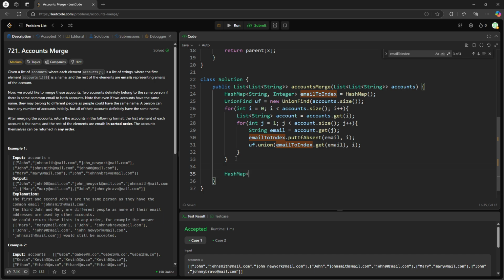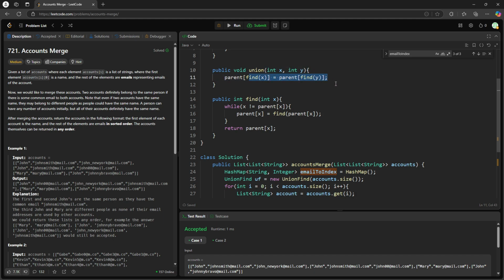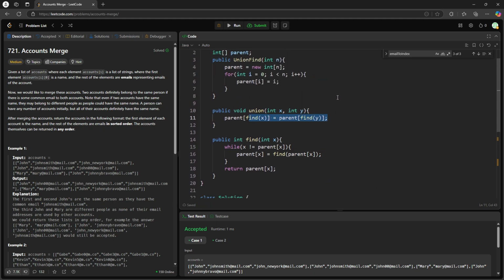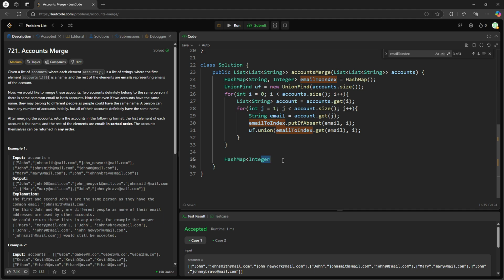I'm just going to create another map, and the integer represents the index. So the index is going to be, if they are union, they have the same parent index for sure. So this will be the key, and then the value will be the tree set, and it has to take the email as the stream. So merge account equals new hash map, and then I will traverse this